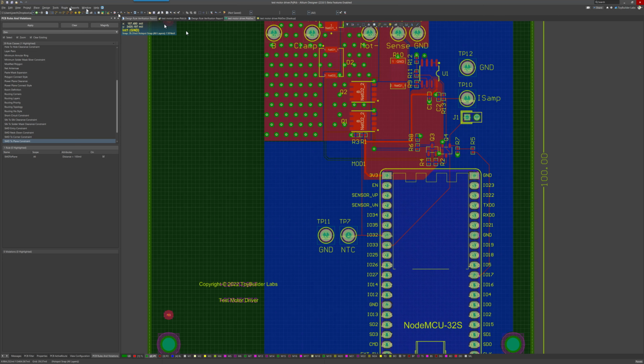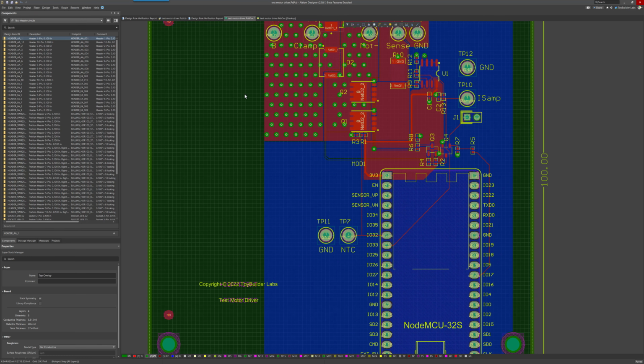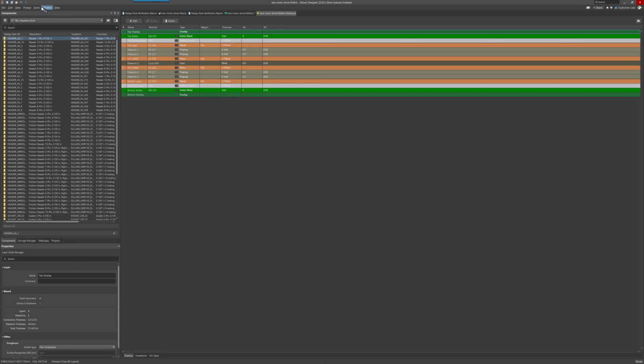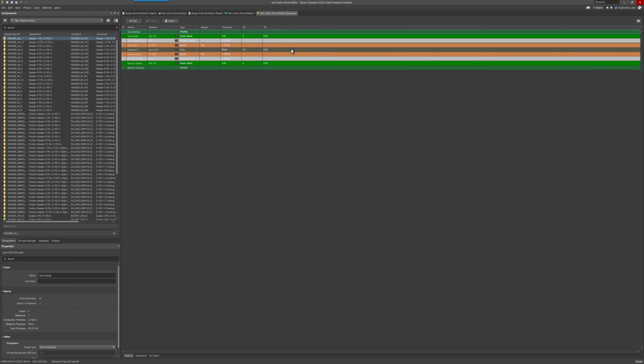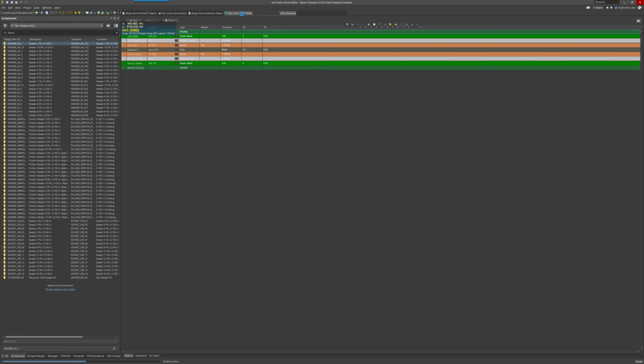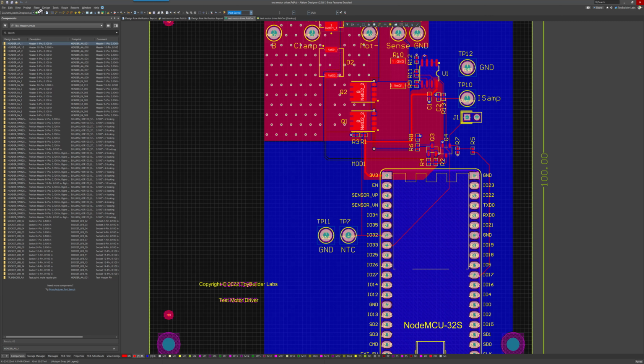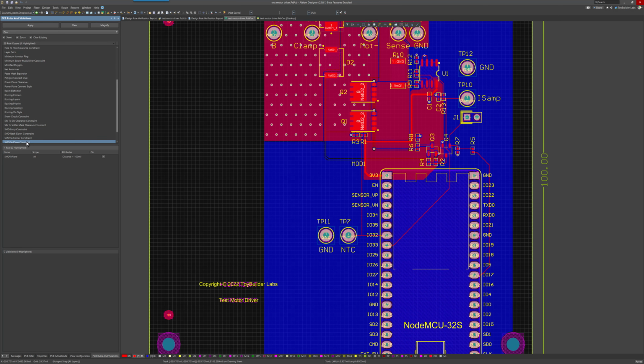So now we can go and change this to layers again. Let's make that change. Save this. And now if I run the rule,